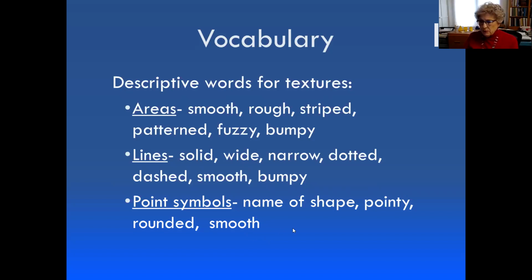And point symbols: the name of the shape, if it's a circle or an oval or a star or whatever, whether or not the shape is pointy, whether it's rounded, whether it's smooth, whether it's hollow, whether it's solid. So those are the kinds of words that we want to make sure from the time kids are little until